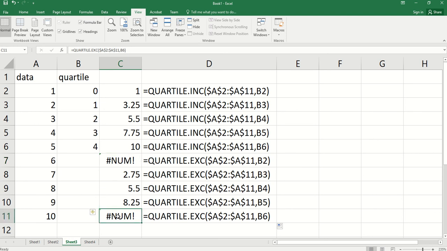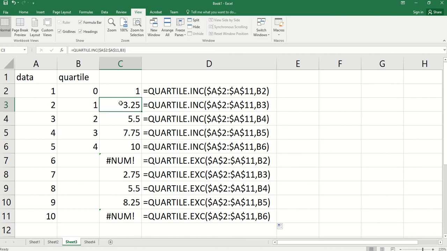On the other hand, here, exclusive means a value strictly greater than the maximum. We don't have that, so no value returned. For the median, the 2 formulas return the same value.